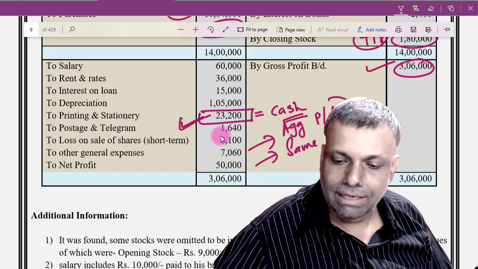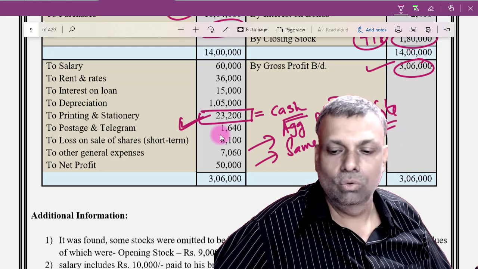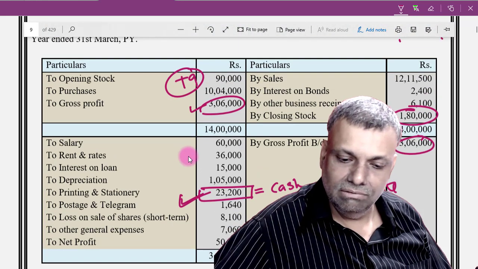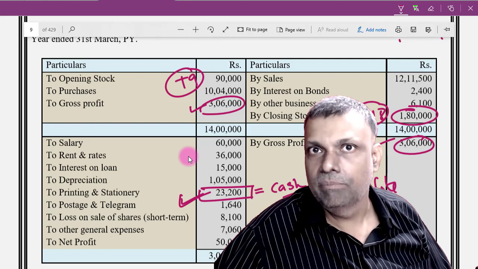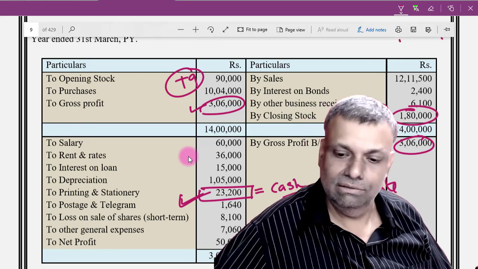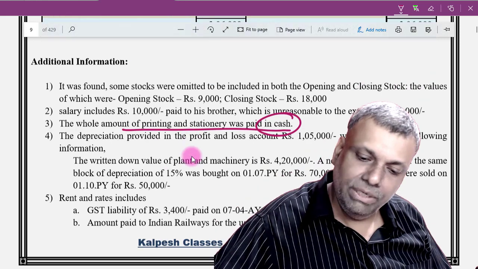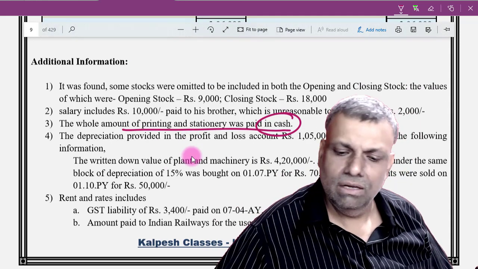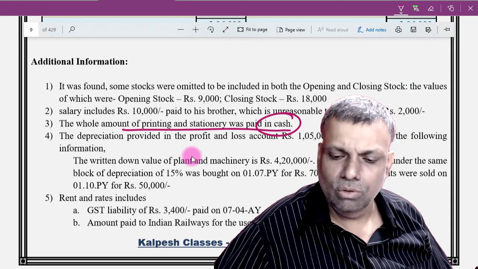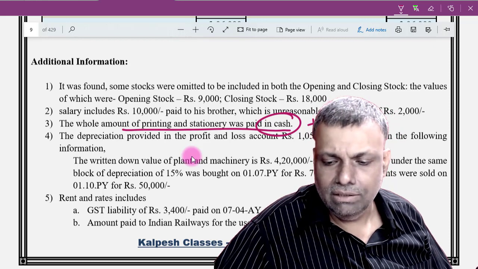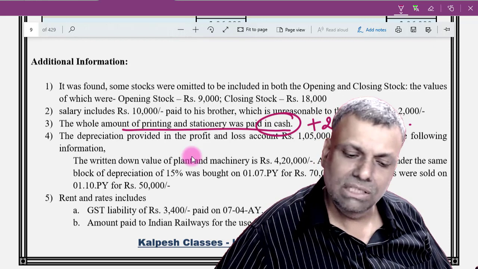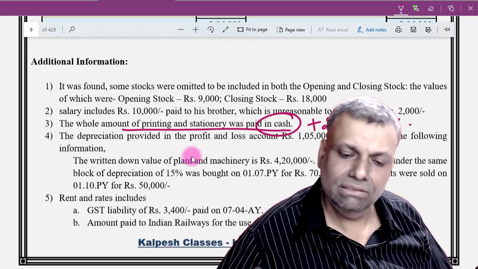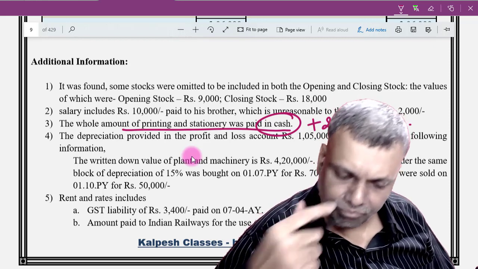Okay. So for that I have to write a very suitable note, because what is given to me, 23,200, is a P&L figure. So this is for the entire year. This is not a per day transaction. That is something which I'll have to bring to the note. But I will write that particular note and say that I will add 23,200, assuming that this is one single day transaction with one person, cash exceeding the limit, and therefore